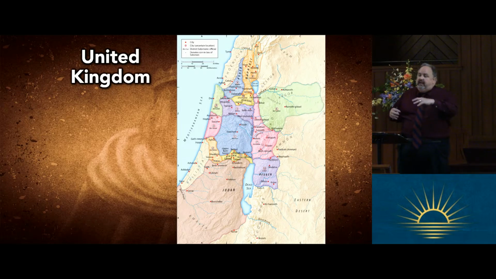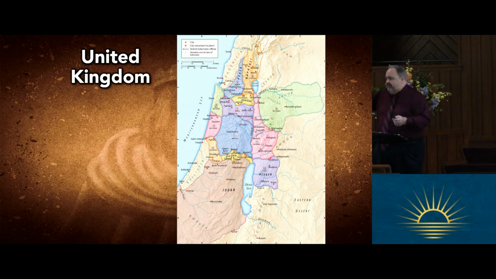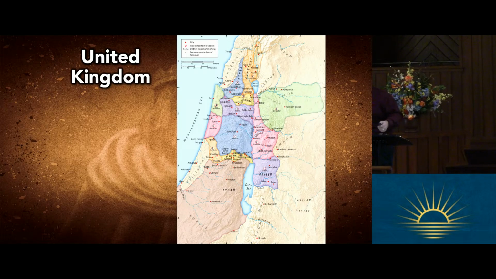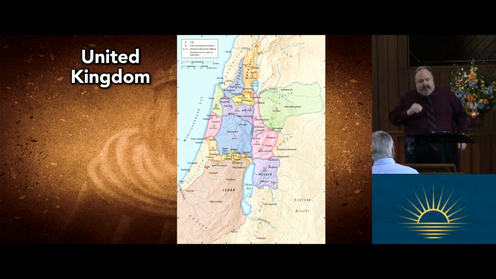The idea was that the capital city that David established 7 years into his reign was to be somewhat centralized, but still in Judah, the tribe of Judah. Why was David partial to the tribe of Judah? Because he was of the tribe of Judah.